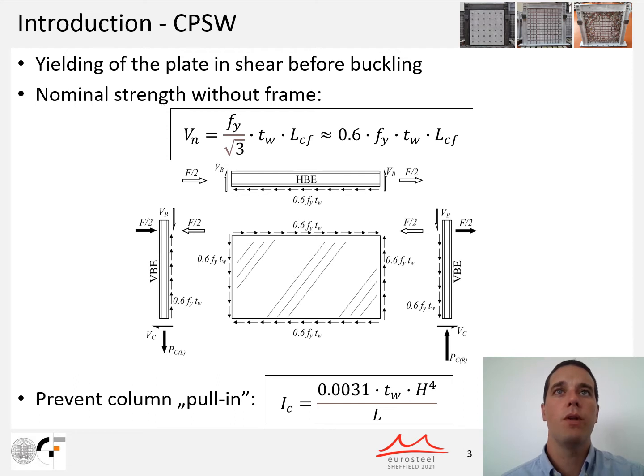Significant pull-in was noticed when steel plate shear walls were tested, and a minimum requirement for the column's second moment of area was prescribed, as given by the expression below. The same expression is applied on composite plate shear walls, although they have a completely different load-bearing mechanism, where the infill panel exerts none or much less transverse force on the boundary elements. Therefore, this research was conducted to investigate the influence of column flexural stiffness on the overall behavior of composite plate shear walls.